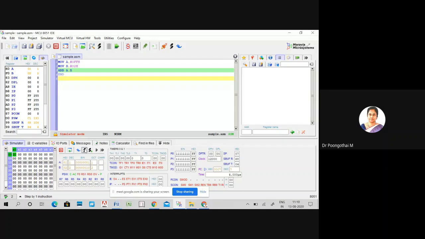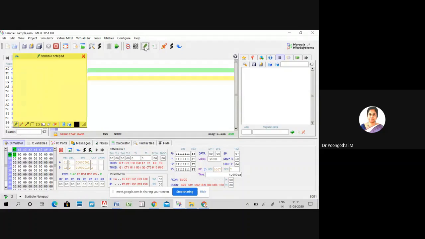So the accumulator content is added with B, that is FF is added with 02, and the result will be stored in the accumulator. Okay. And also PSW shows all the flag status. Based on your addition, the flags will be affected.